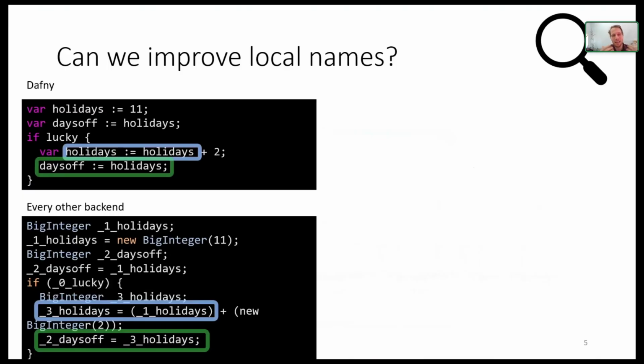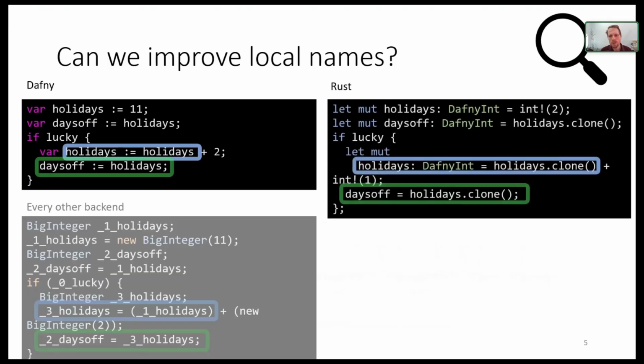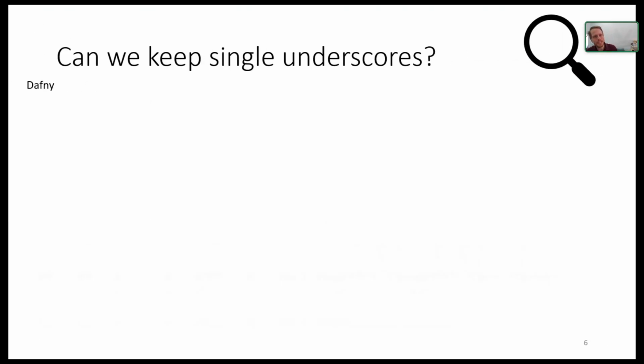It's necessary because we declare variables before assigning them. But in the Rust compiler, we worked so that we could actually reuse the same variable names and get rid of most of the underscore, number, underscore, so that I think at the end, the generated Rust code is much more readable. And we can do this because we have a novel architecture in which you can even do some post-processing to gather assignments and declarations.